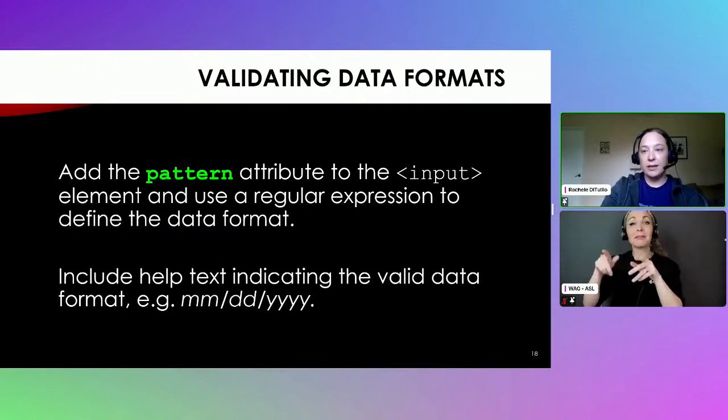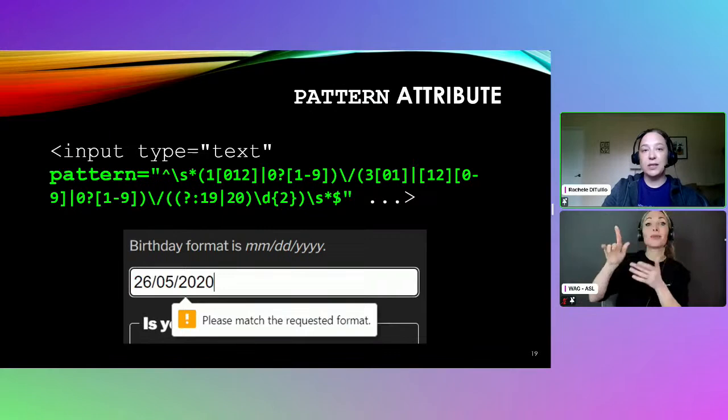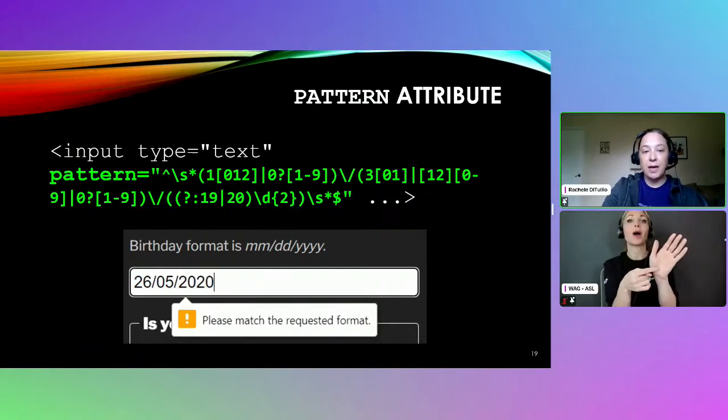So let's look at this one in the HTML. Again, we have an input element. This time we have a pattern attribute added to our input element, and it contains a kind of nasty looking regular expression. You don't have to understand that. There are websites out there that will generate regular expressions for you if you think you have a need for this. This particular regular expression is enforcing our date format of